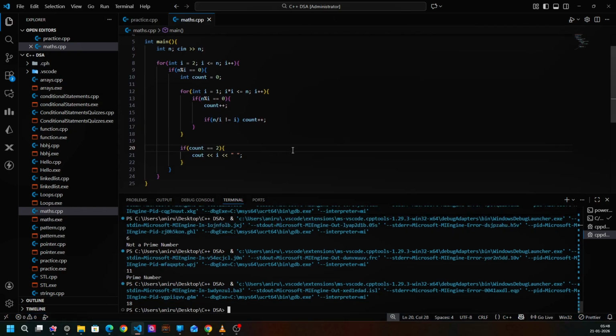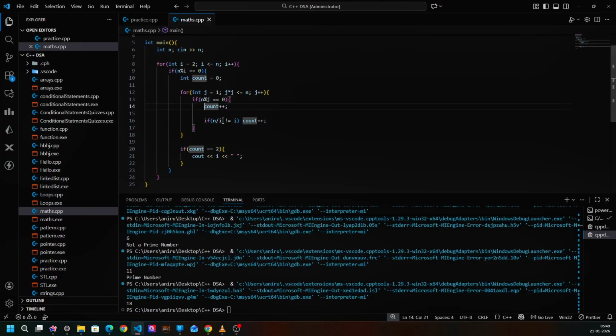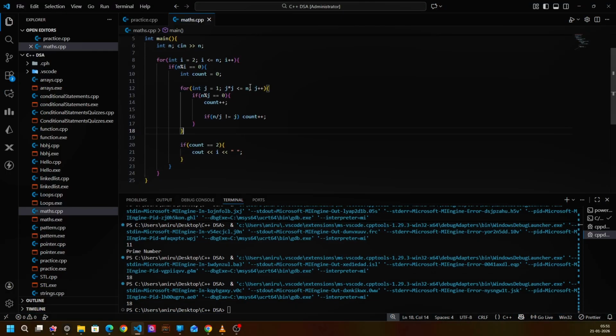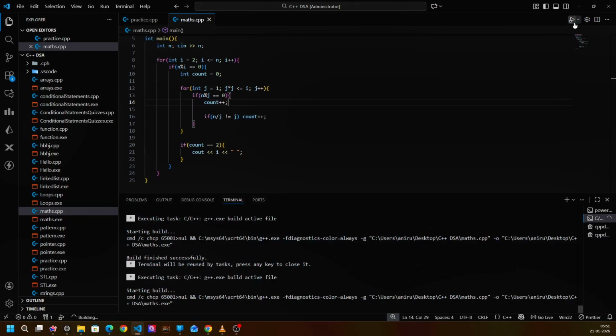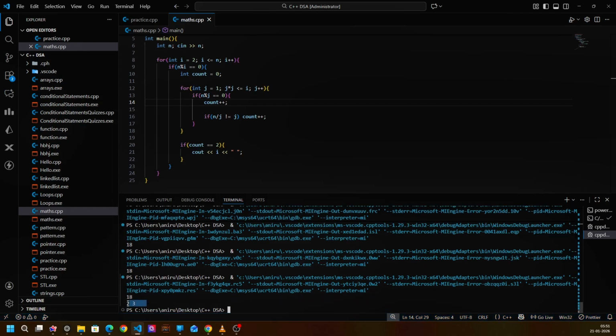Okay, there is some problem. The problem is that here we are using an i-based loop and here also an i-based loop. So we have to change it to j. Then here will be j, here also will be j. Let's run it. Let's take 18. Okay, again, here it will be i, because i is our new number till which we are checking whether it is a prime or not. Now let's run it and take 18 again. Here you can see it is printing 2 and 3, because 2 and 3 are the only prime factors